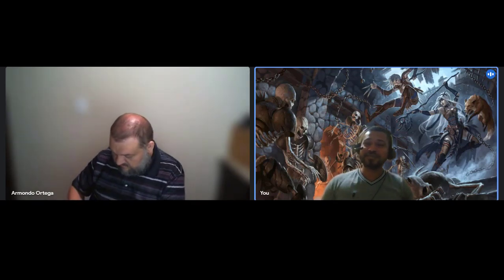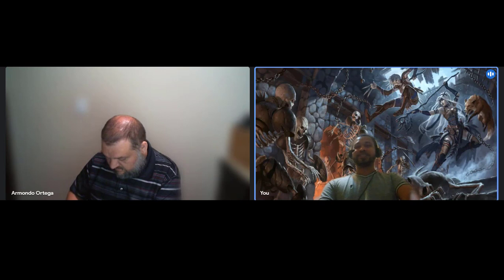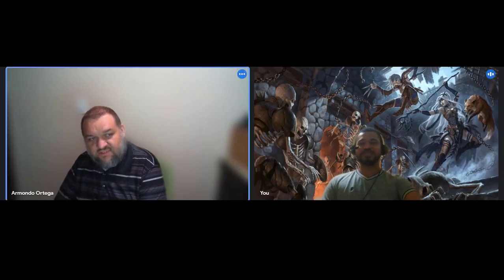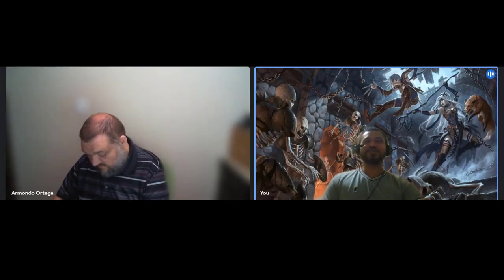Now, the reason why this is probably the most famous multi-classer or one level dip is when you take a look at the paladin class. Since paladins are also a charisma based class, as well as needing strength or dexterity, now you only have to worry about charisma with only a one level dip. That's right. So the Hexadin is a very powerful and very popular combination. Yeah, definitely.